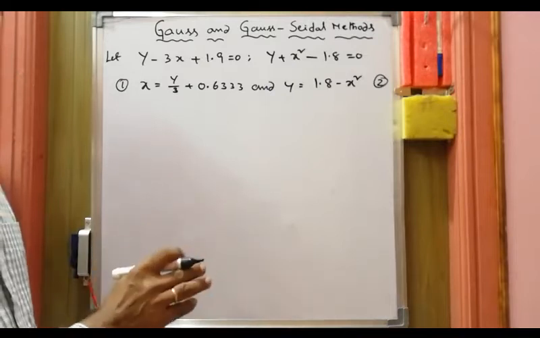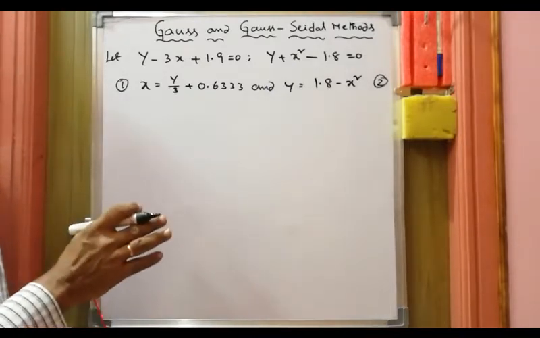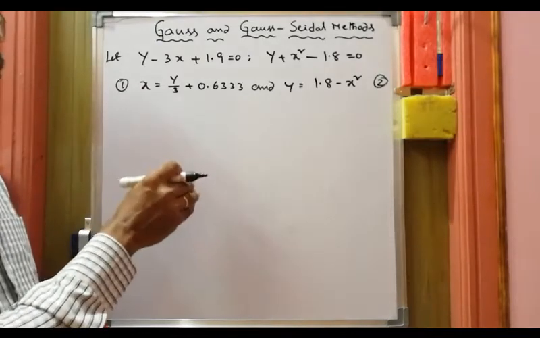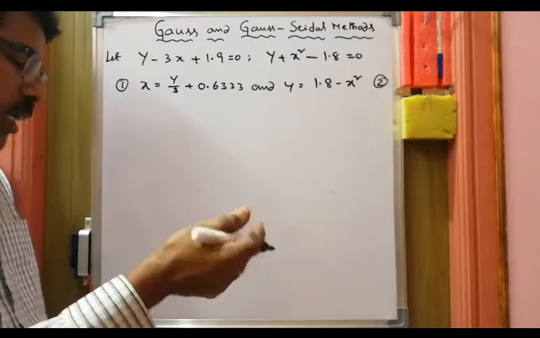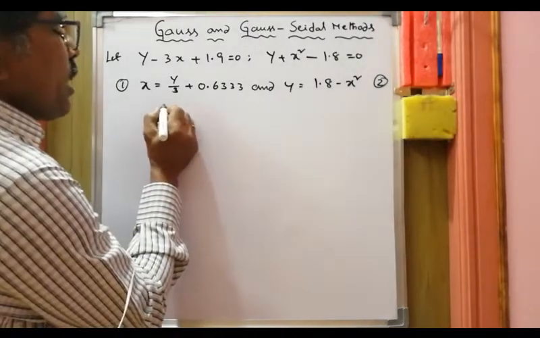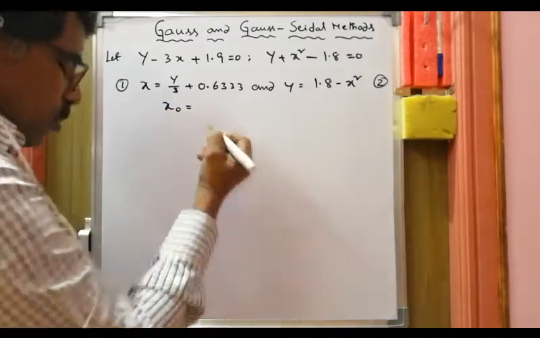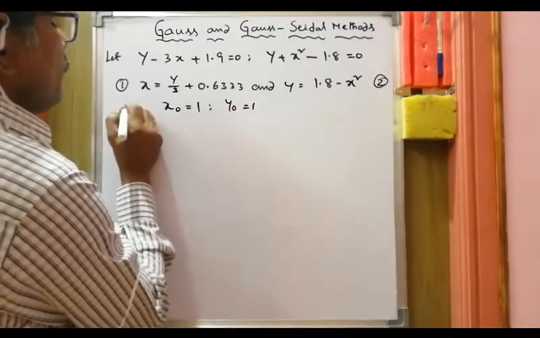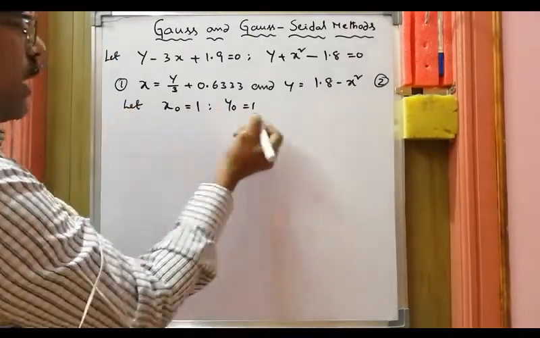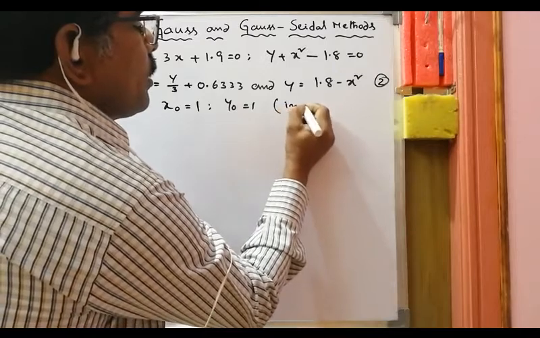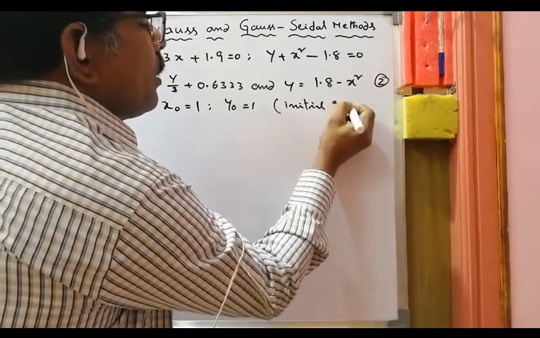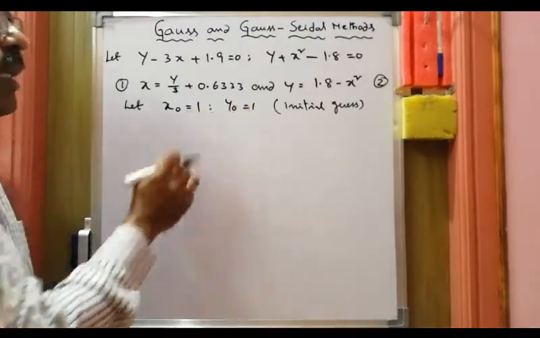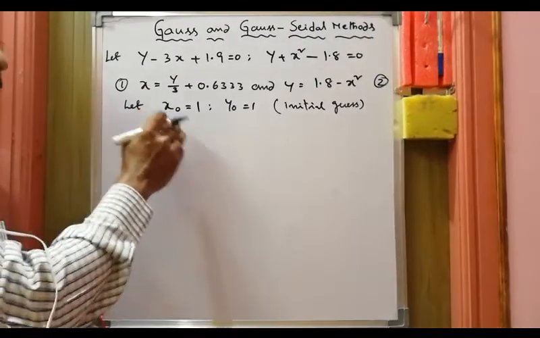Now make an initial guess. In any iterative procedure, you need to first substitute some guess values. So initially what we substitute are called initial values or initial guess values. So let x naught equal to 1 and y naught equal to 1. So this is the initial guess values. We are just considering x naught 1 and y naught 1, and you need to substitute